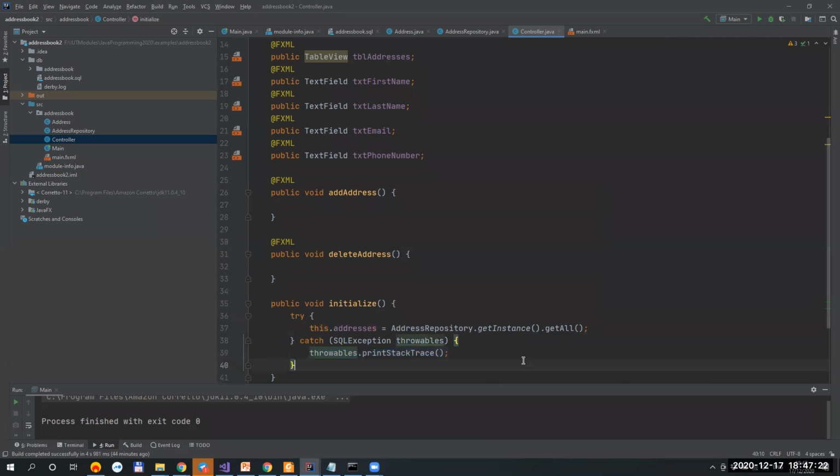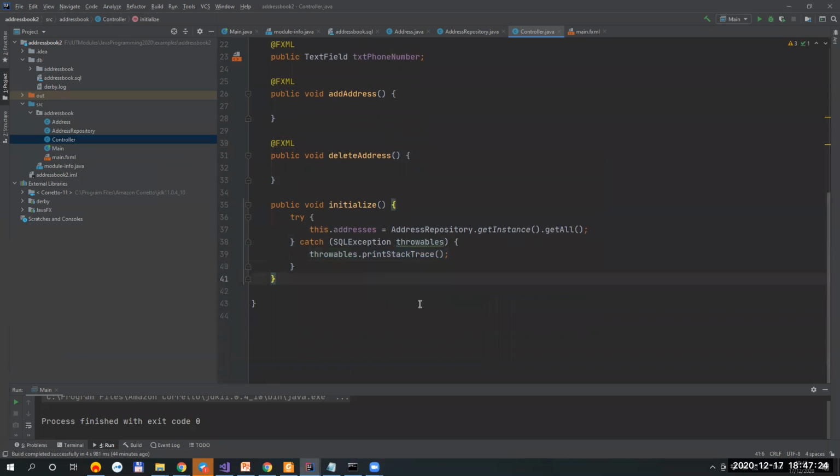I'm handling it here, not just passing it up to the upper classes, localizing the handling here. So I populated this addresses